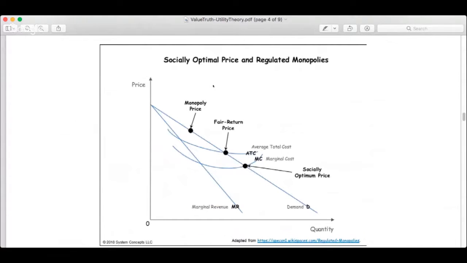trying to talk about is that there are certain situations where the socially optimal price is achievable only in a regulated environment. And that connects to systems and science and systems engineering when we're talking about, well, how would we design those, how would we discover what principles we should use to design a socially optimal price delivery system. So these are